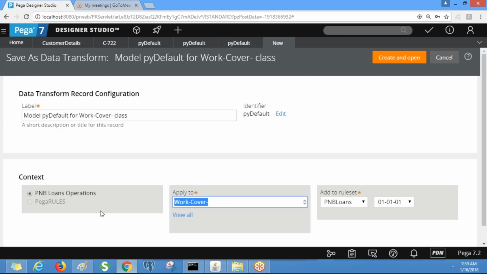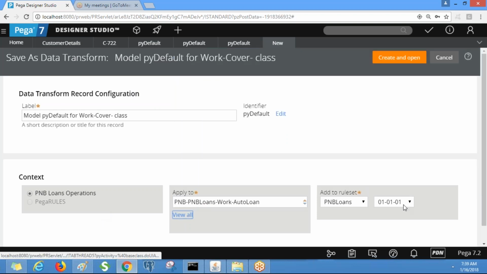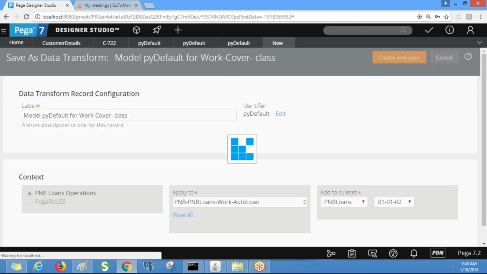I am going to save this into the auto loan work type, into the highest ruleset version.